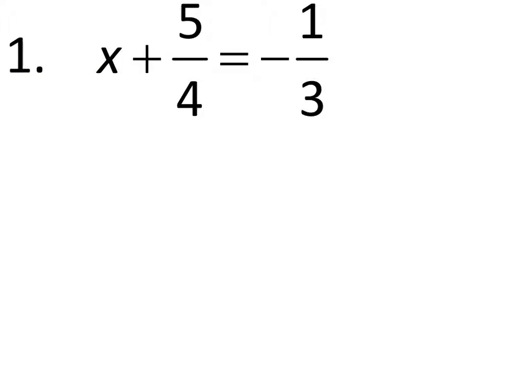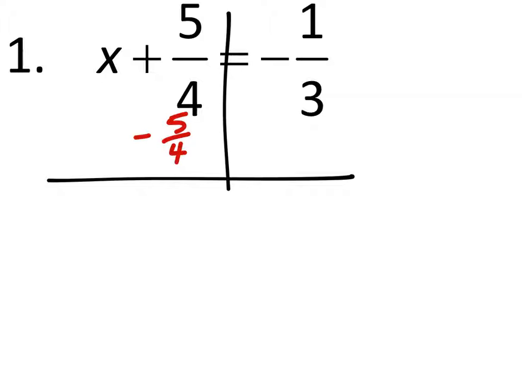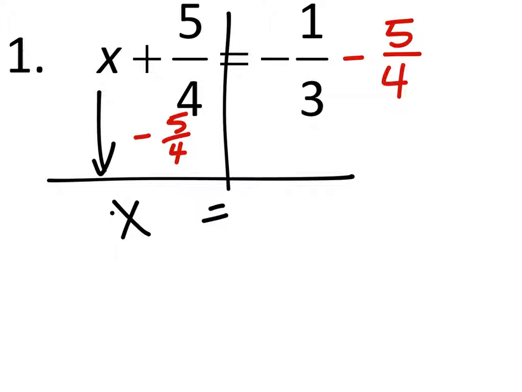So right here, we want to get that x by itself. So we just need to subtract that 5/4. But if I do it to one side, I've got to do it to the other side, okay? So yeah, there's a lot of rules at one time, but hopefully they're kind of manageable because we've done this before. So I'm going to drop this x. X equals,